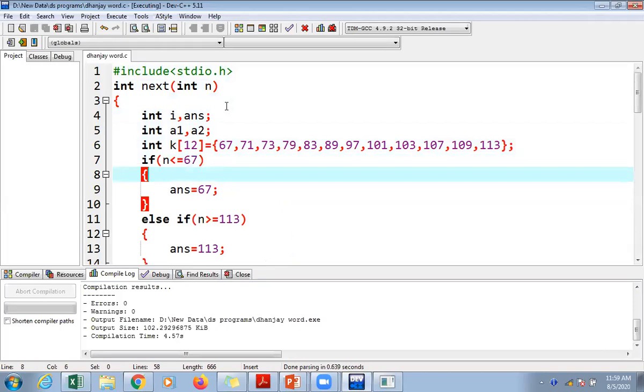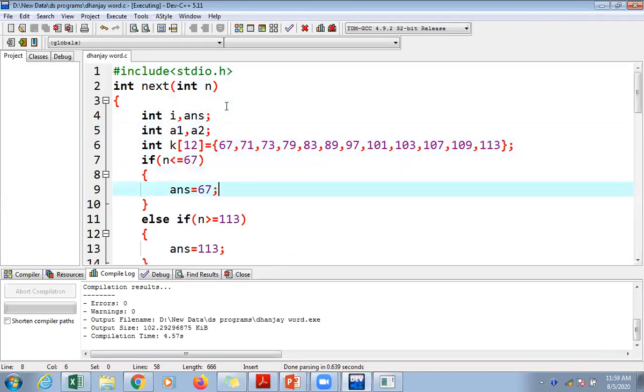If this is less than or equal to 67, then it will be equal to 67. Answer will be equal to 67. Then it's fine, completely fine.